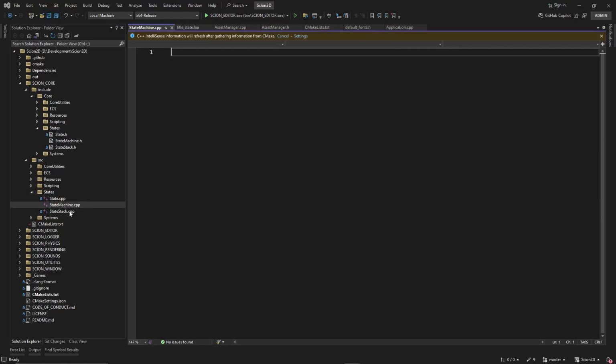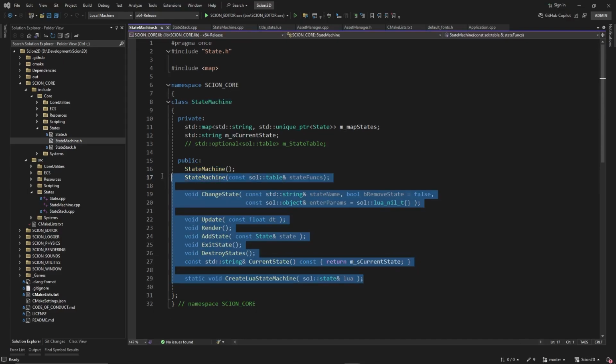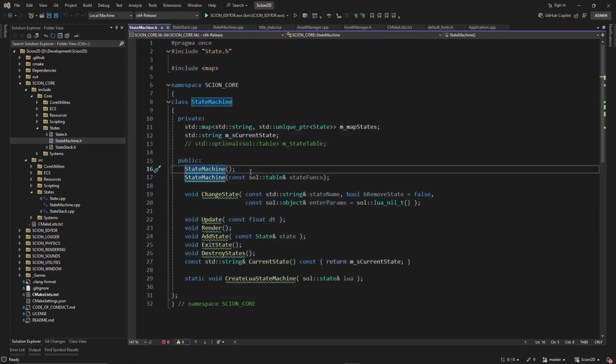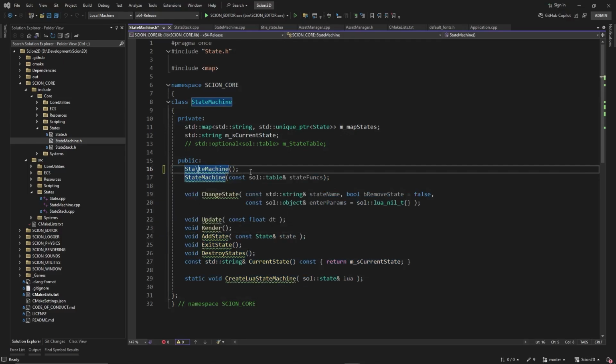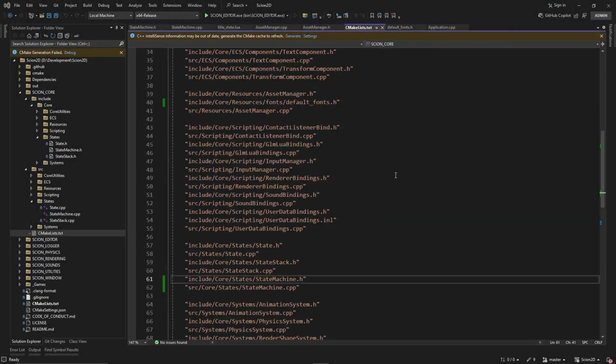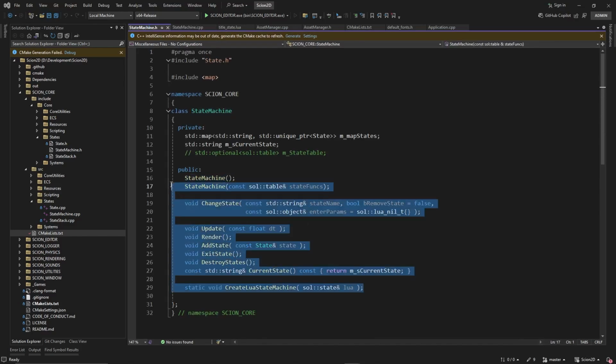So that's our StateMachine.cpp. And now I'm going to want to take all of these here. Let's see if it does it where I want it to go now. Oh, dang it. Okay, so that doesn't actually work. For some reason, it may be just my version of Visual Studio, but it actually is crashing my system. So we're not going to do that again. We're just going to copy the functions over and do them that way. So let's just copy these